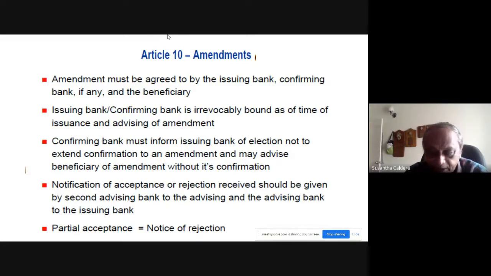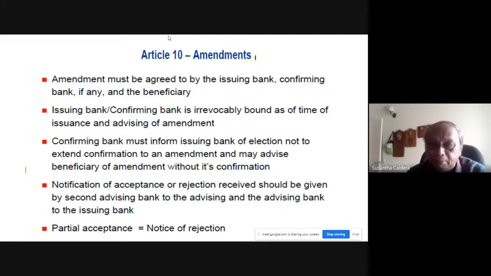So because of that, you can't add any more confirmation to any amendment. Once you add 50,000, that will exceed the 1 million limit. Because of that, you will advise the issuing bank, and then what you can do is